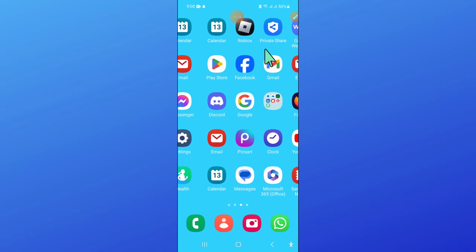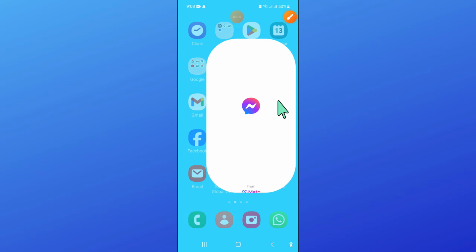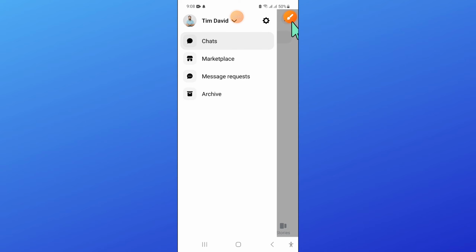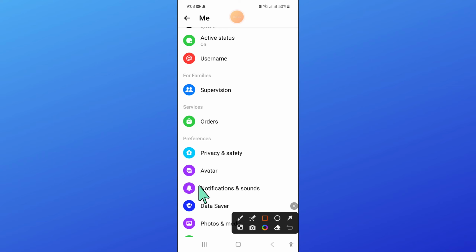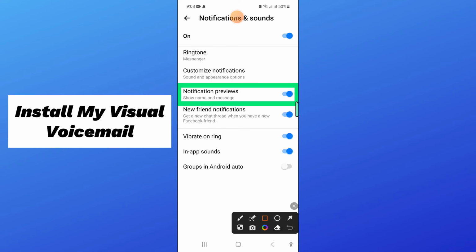So to fix this issue, first of all, open Messenger app. Now click on this option icon and then click on settings icon. Now here click on notifications and sounds. And from here turn on notification previews. If you have turned off this button, then turn it on,